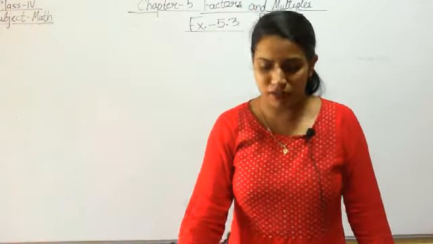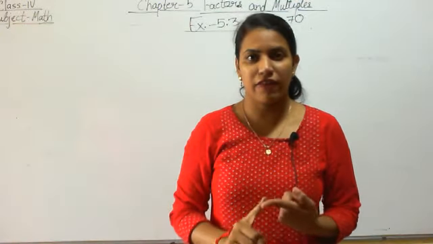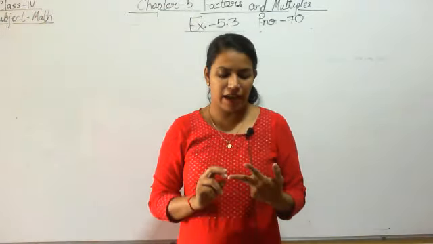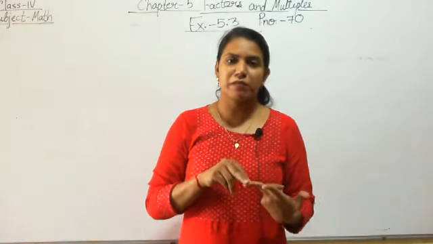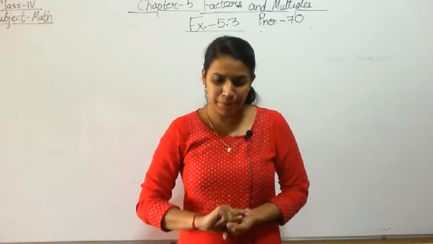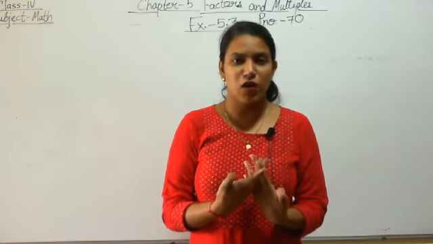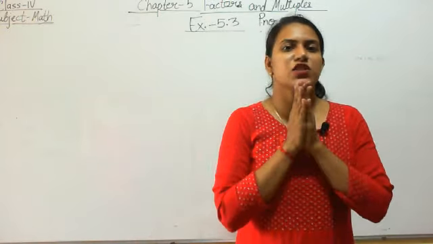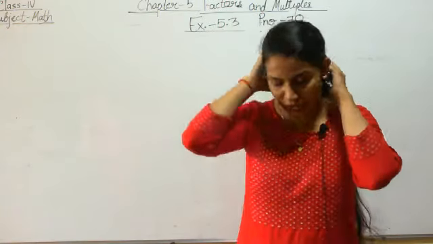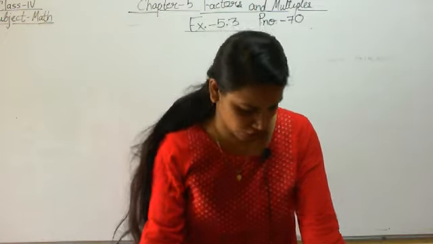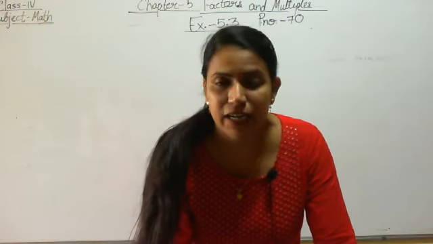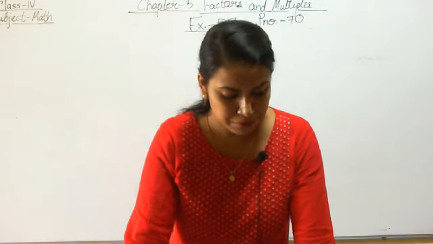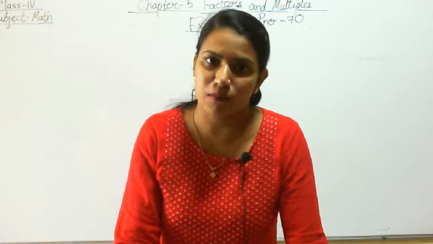So in today's class, which topics have we discussed? We have learned what are common factors, right? And the next concept which we learned is prime numbers and composite numbers. Okay. And which number is the smallest prime number? Number 2 is the smallest prime number. What are prime numbers? The numbers which have only two factors, that is 1 and the number itself, are called prime, and the numbers which have more than two factors are called composite numbers.